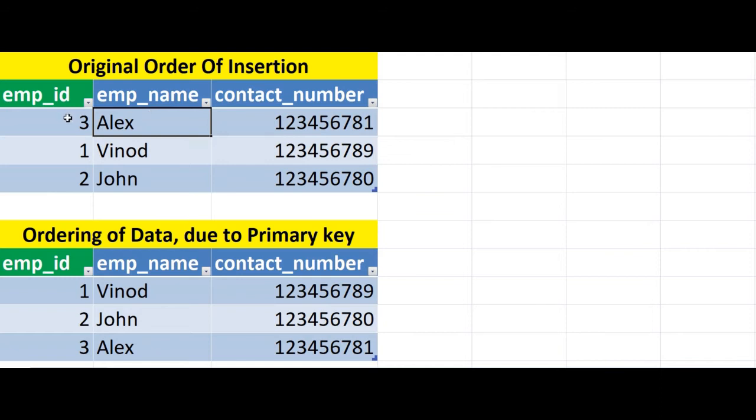So this is the reason only one column can be considered as a primary key. That's why if you try to define a table with multiple primary keys, it won't allow. Why? Because ordering of data can happen only as per one column.